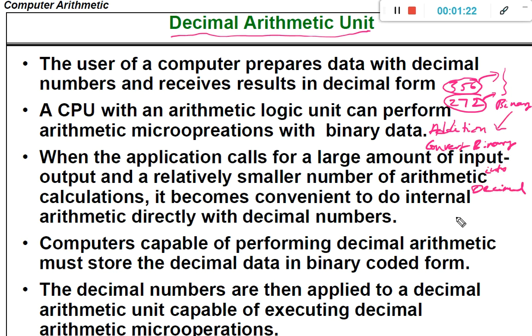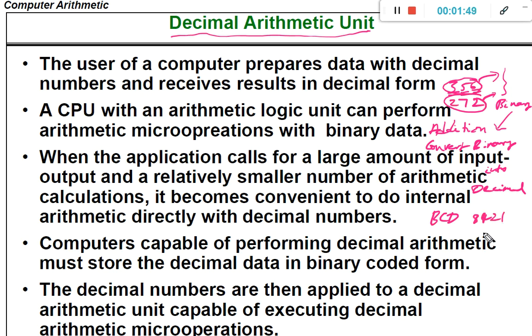But now, without doing this particular process, we are going to consider each individual digit and represent it in binary coded format using the BCD code, binary coded decimal code, which we already know from the first chapter. We discussed the BCD code, or 8421 code.